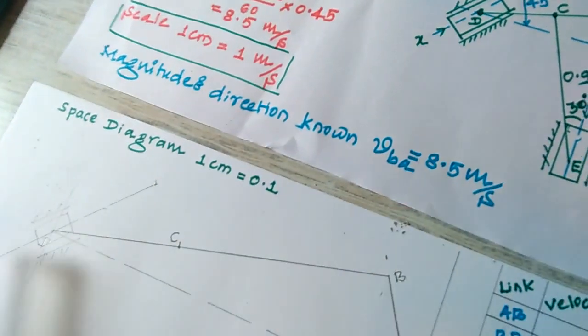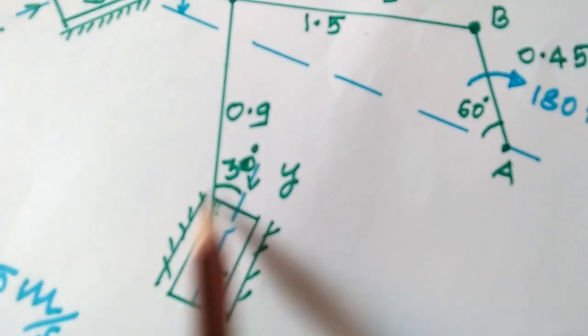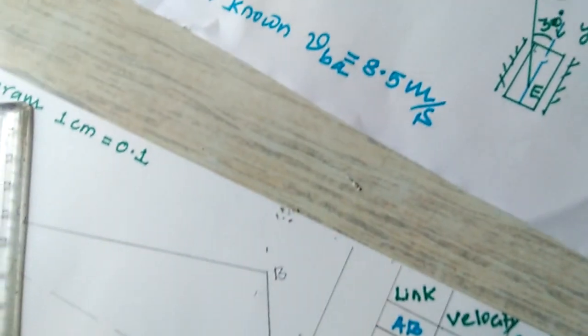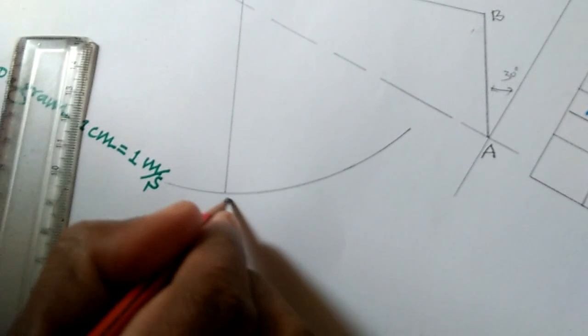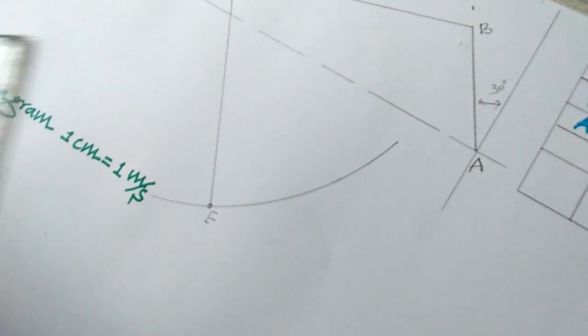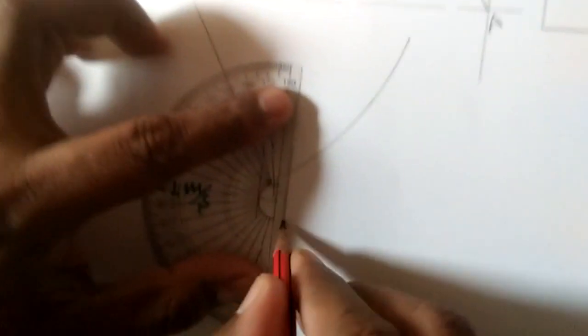Then the important thing is they said with vertical direction it makes an angle of 30 degree. This is important. I will take it as a 30 degree. This makes a 30 degree with vertical, that's why I have taken this 30 degree. You join it. This point comes as E. This comes as a slider. Here also you make it as a slider.